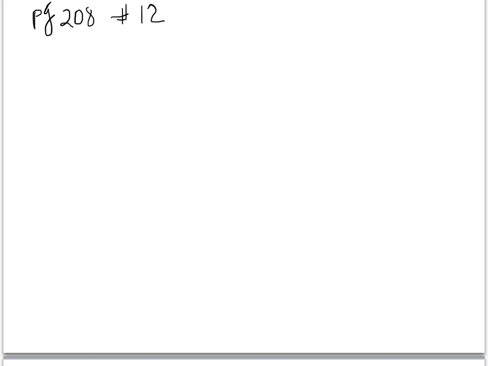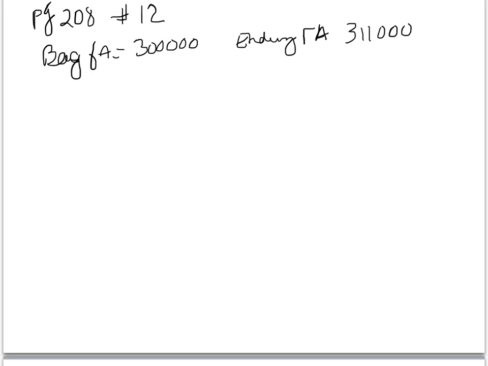So if we go ahead and take a look at our formulas, let's first write down the information that we are going to need to use. So we have beginning fixed assets equal 300,000. Okay. We also have ending fixed assets. So ending fixed assets is 311,000. Okay. They tell us that the accumulated depreciation at the end is 106,